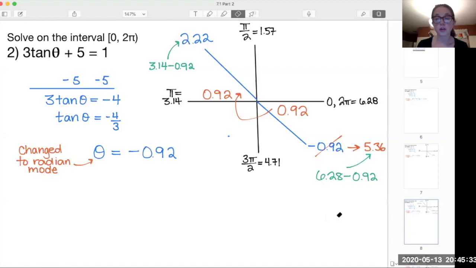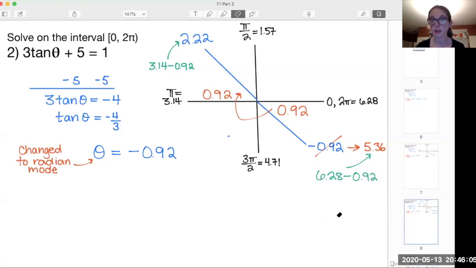To finish solving this equation, we'd have to remember that what that negative 0.92 tells us is that our reference angle is going to be 0.92. Because tangent is equal to a negative value, we know we're going to want two solutions on 0 to 2 pi, one in second quadrant and one in fourth quadrant. We can't use the negative 0.92 as one of our answers because it's negative and 0 to 2 pi only includes positives. So what I did to rewrite that fourth quadrant answer was I did 6.28 minus 0.92 to get